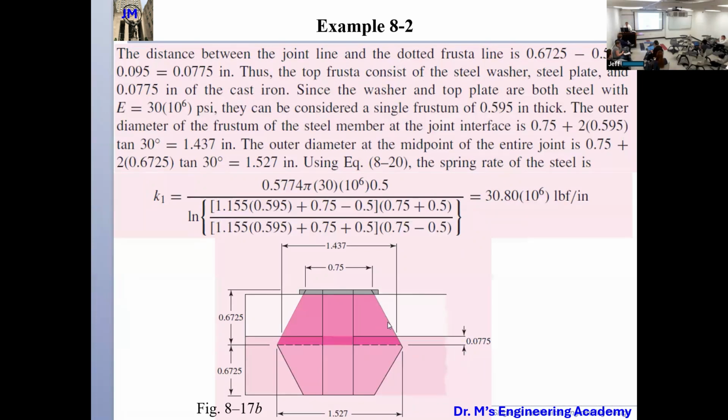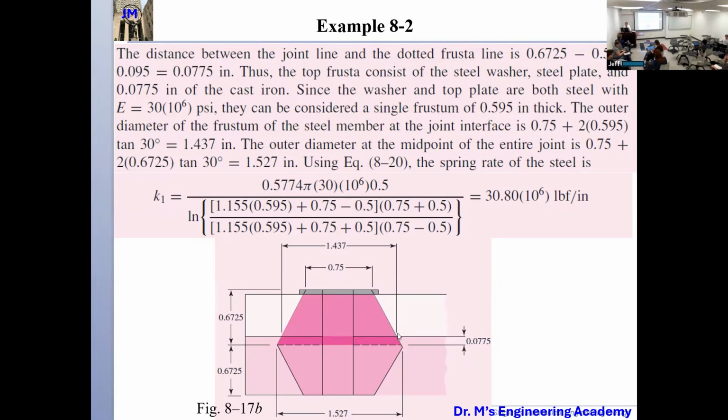Since the washer and top plate are both steel, with the same Young's modulus, they can be considered the same cluster, a single cluster of